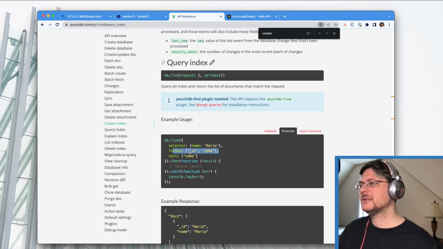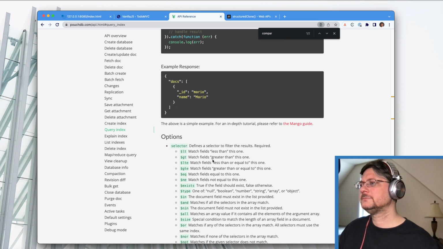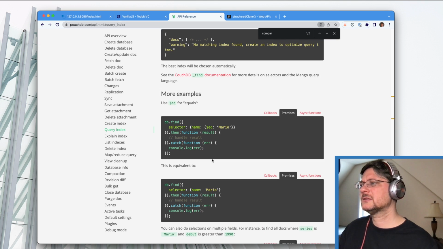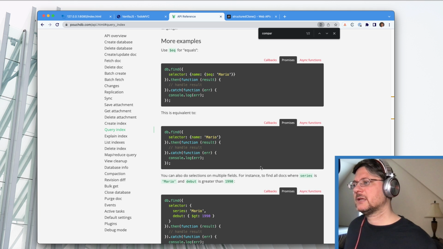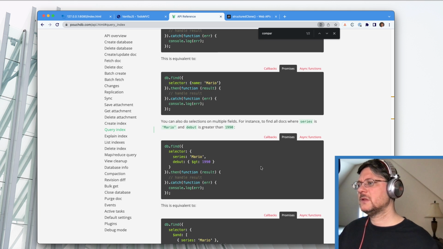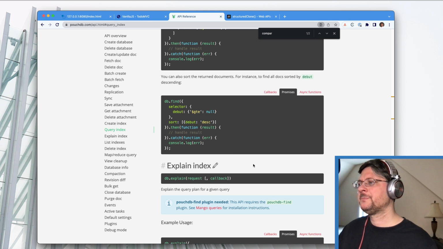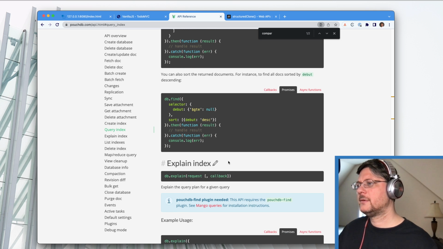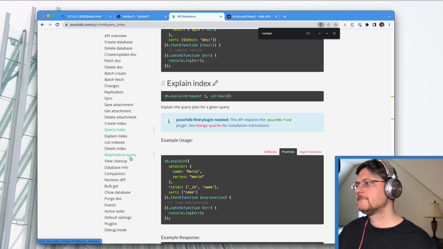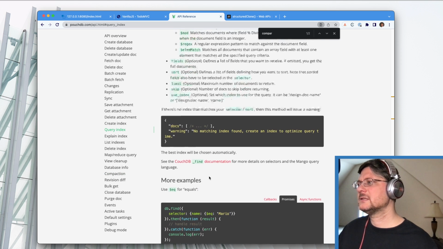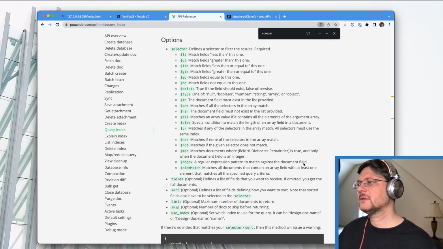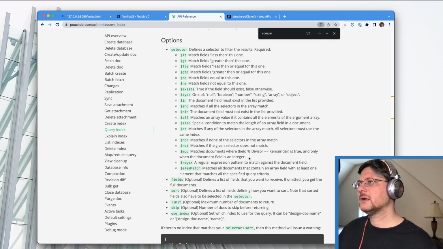So I guess that determines which index. We might have to do it based upon named indexes. I don't think we can do that otherwise. The selectors are going to be weird. Yeah, see here, I don't know what series is. I'm going to have to play around with that so I better understand